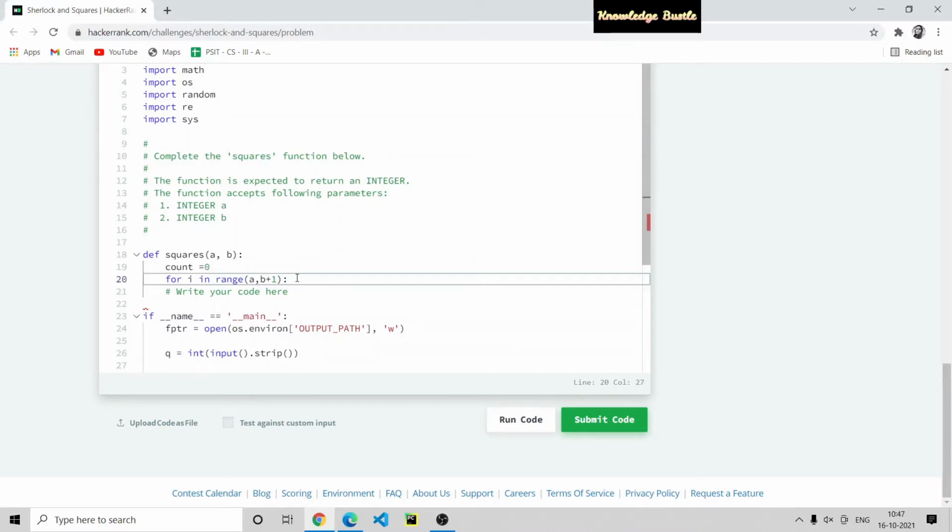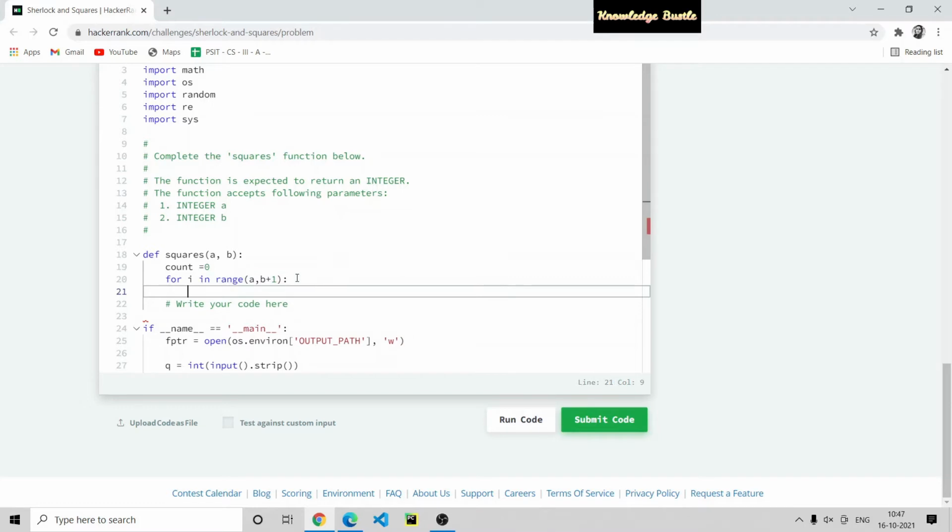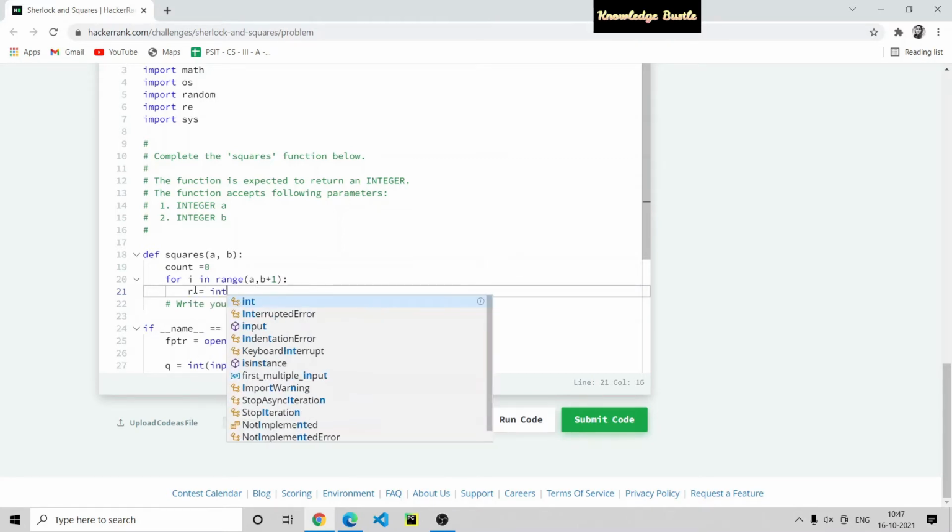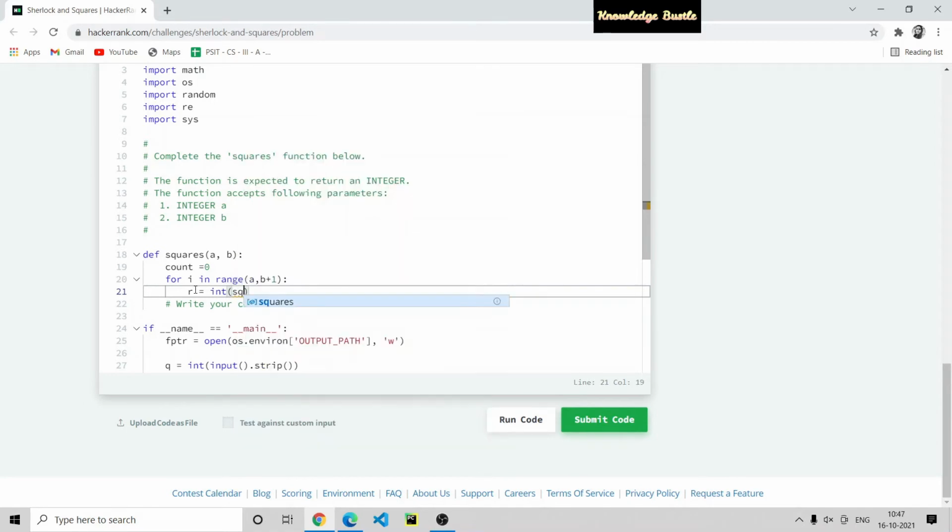Then we need to calculate the square root. For this we have to import a module, which is import math. Then we need to calculate a perfect square. Then we write int. Here we see the square function doesn't work, then we need to write math dot sqrt, then it works perfectly.